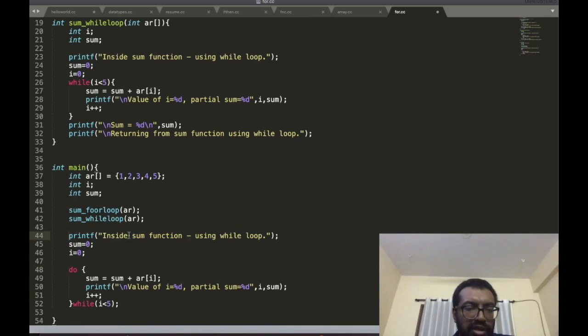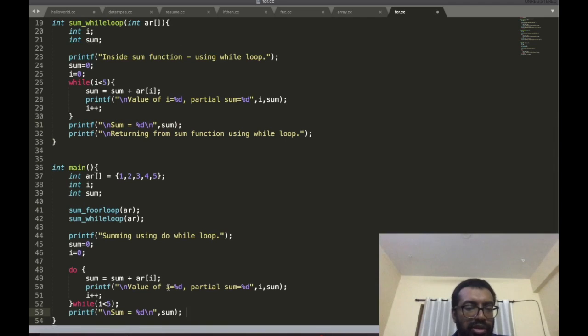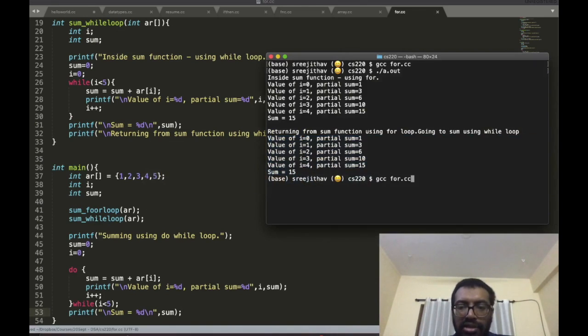Printf inside, summing using do while loop. Okay, value of 5, and then finally I should have this print the sum. Okay, now this is using the do while loop. So let's see what happens, and again it should be exactly the same as